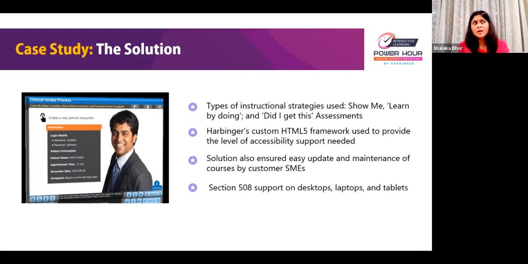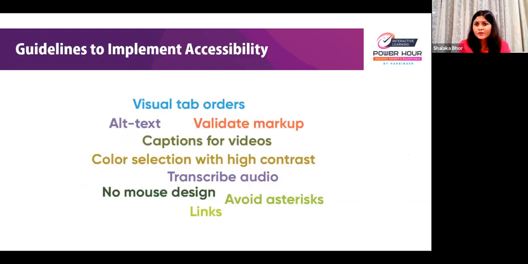We did apply alt text to the relevant images. We have closed captions for the videos. The courses were keyboard operable without any glitch. And user instructions, page titles, identification of language, and all that part we did take care of for this project.